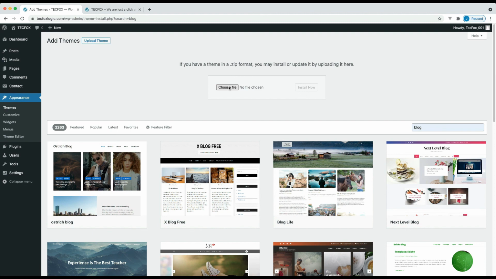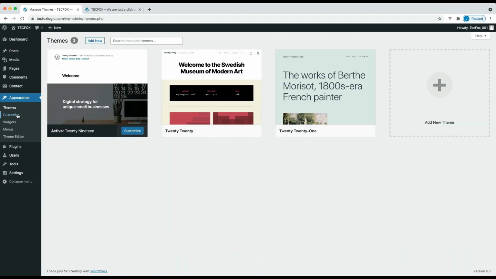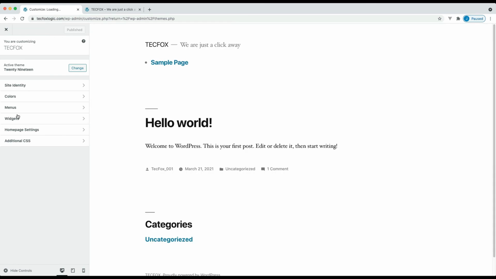Let's go to the customize category. This is a theme based category. The categories in the customization section will vary depending on the theme. You can change the site title, tagline, text color, menu, widgets, and we will create a beautiful website using WordPress, which you can see in the next video.